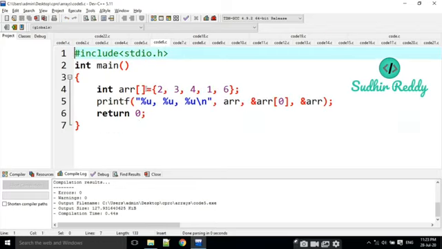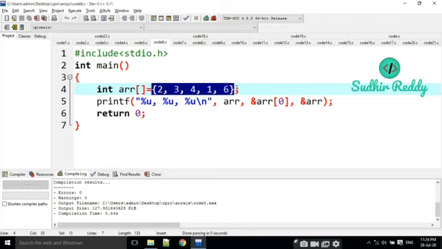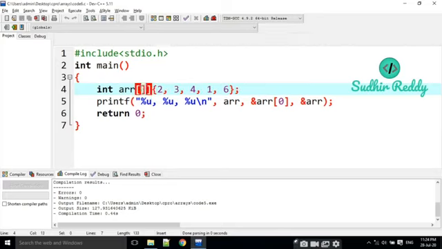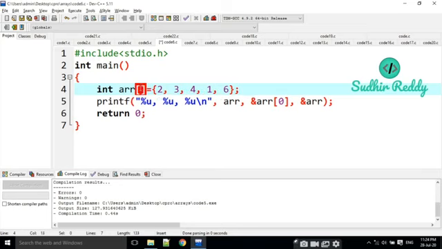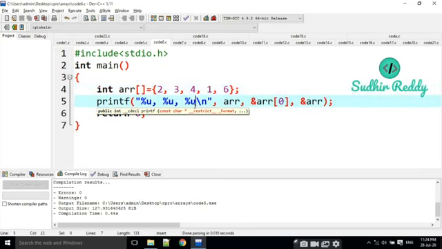The next question. Here there is no size at all. At the time of declaration, sometimes there is no need to give the size. For example, if I am allocating some values here, automatically how many values are there? 5 values. Then it is by default taken as 5. If you are not giving the size at the time of declaration, if you are initializing the values, then only it will happen. Okay. Now I am going to print what is ARR and what is this one and what is this one. ARR means address of the first value,